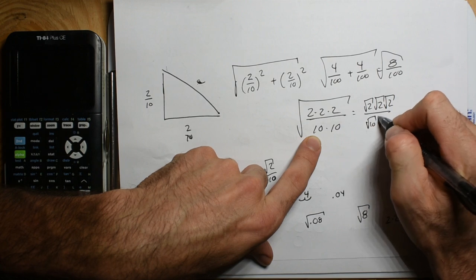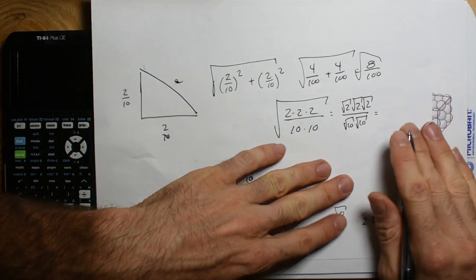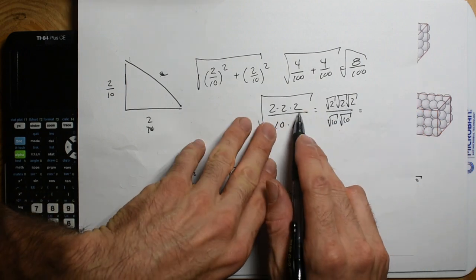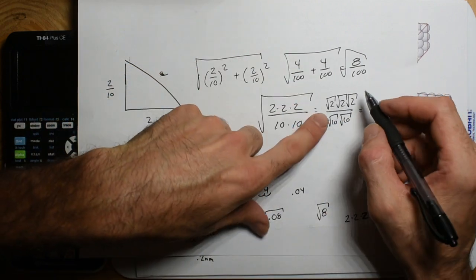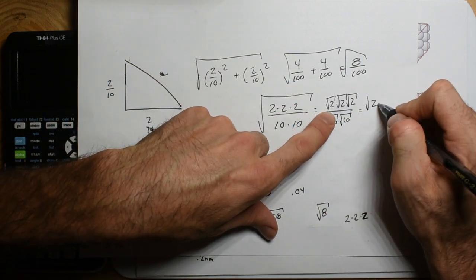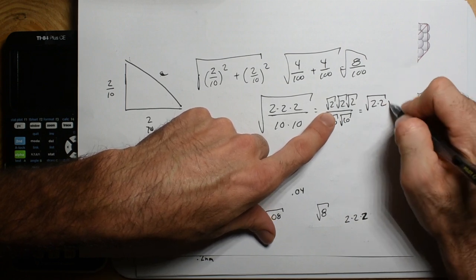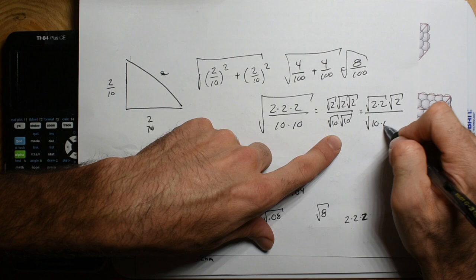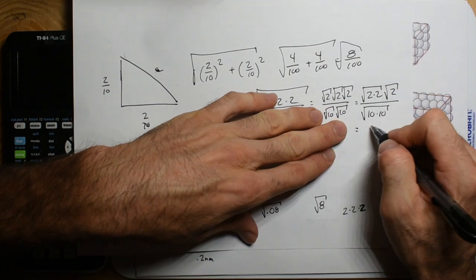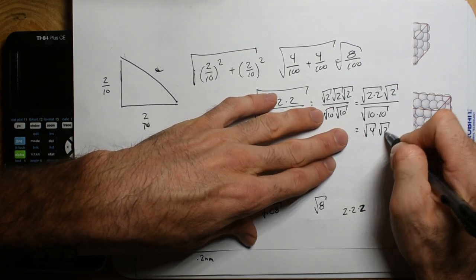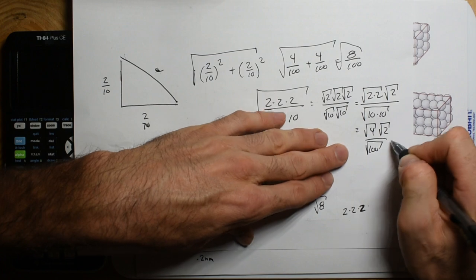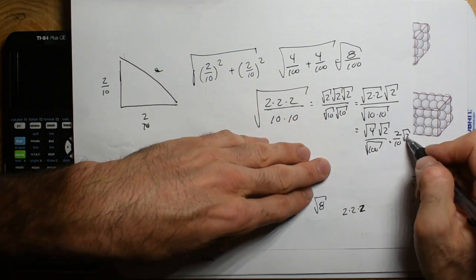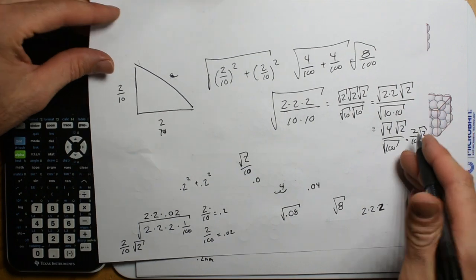It's also the same thing as, you can group them together, or you could do this. You could be like square root of 2, and the square root of 10 times 10. And then we would have the square root of 4, square root of 2, square root of 100. And that's obviously going to be 2/10 square root of 2. Sweet. There's just a lot of different ways to get there.